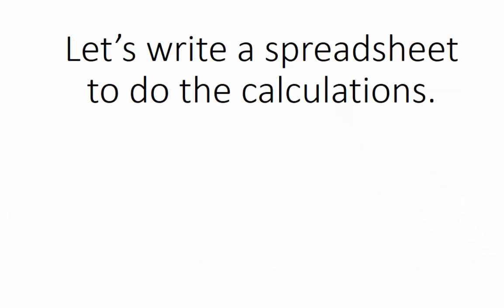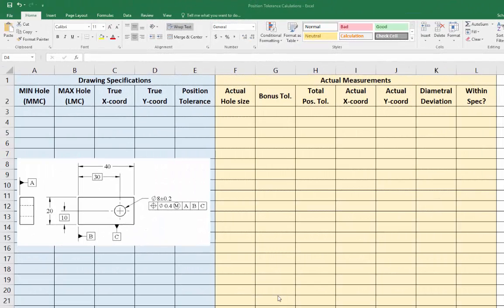To help you better understand these principles, let's write a spreadsheet to calculate bonus tolerance, allowable position tolerance, and actual deviation from a perfect position, and determine if a part is within specification. I've created a new sheet in Microsoft Excel, and you'll notice that I've placed some headings. This blue area is for the drawing specifications: a minimum hole size, which is the MMC condition, the maximum hole size, which is the LMC condition, and the true x-coordinate and y-coordinate,